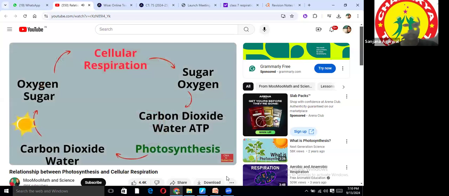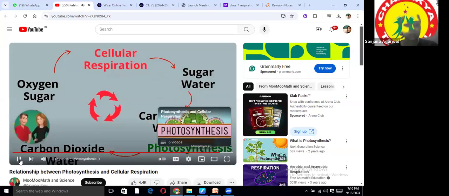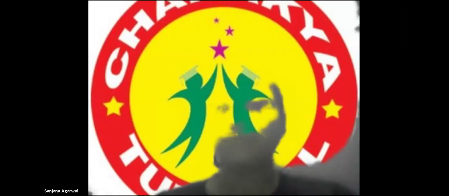So in summary, photosynthesis takes carbon dioxide and water, plus sunlight, to create oxygen and sugar, which is exactly what cellular respiration needs. Cellular respiration takes the sugar and oxygen to create carbon dioxide and water, plus ATP, which helps with photosynthesis. And this cycle repeats over and over again. If you'd like to know more about photosynthesis and cellular respiration,